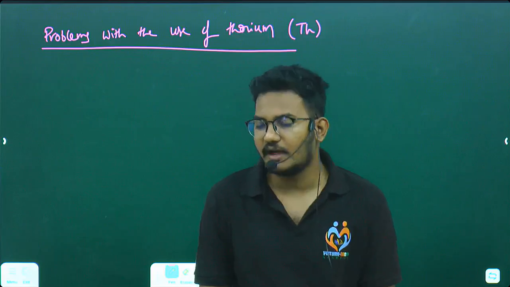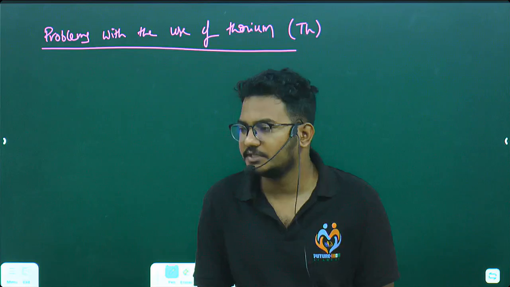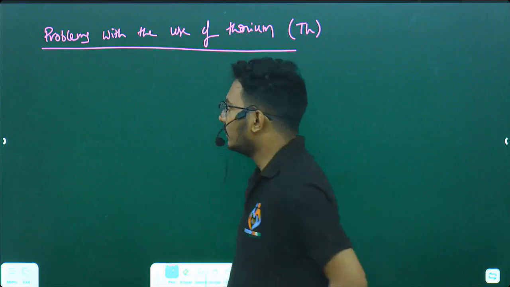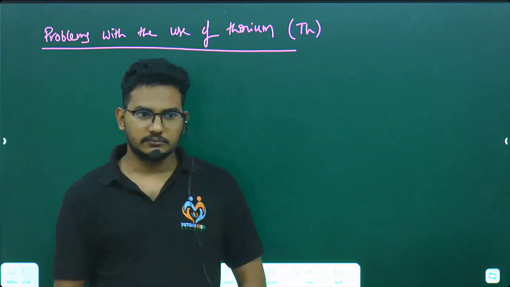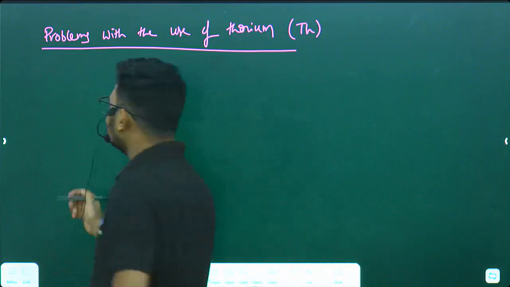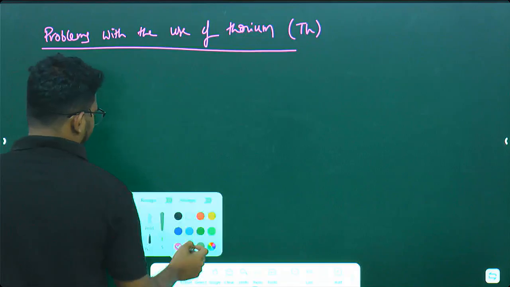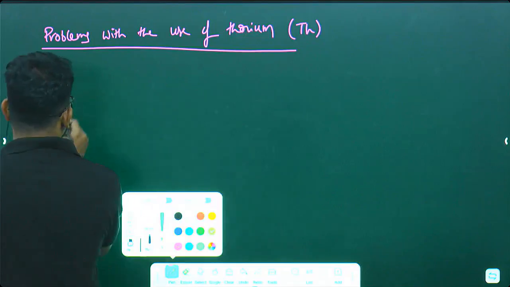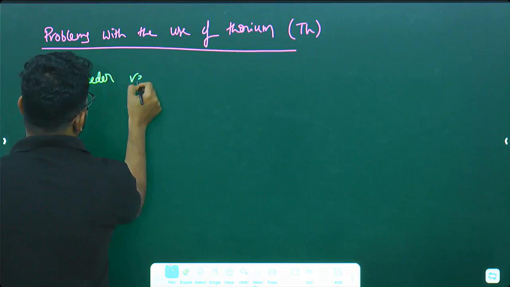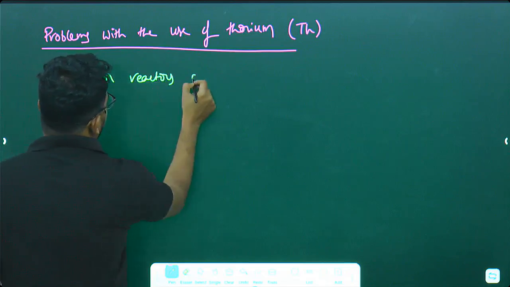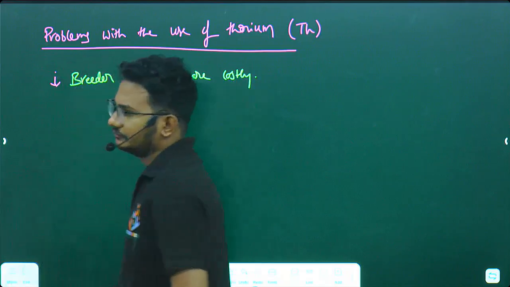But these fast breeder reactors need technology and this is quite costly. So the first point will be: breeder reactors are costly. Second one,